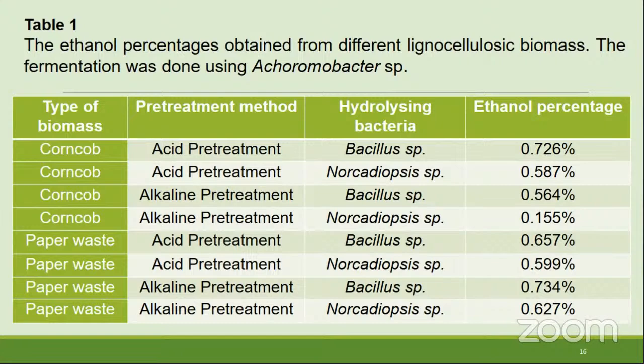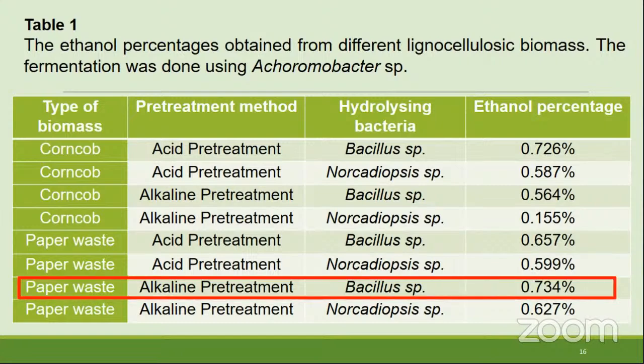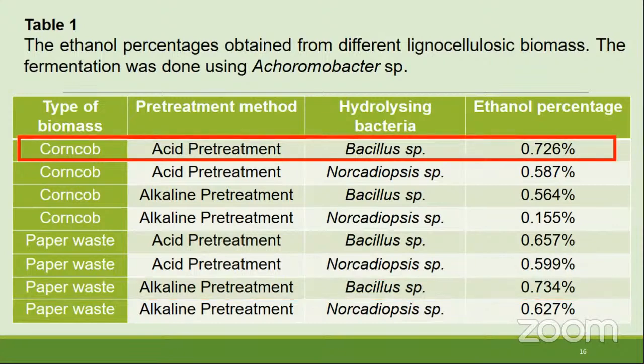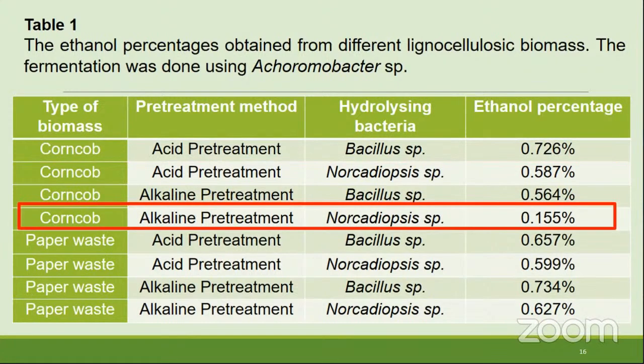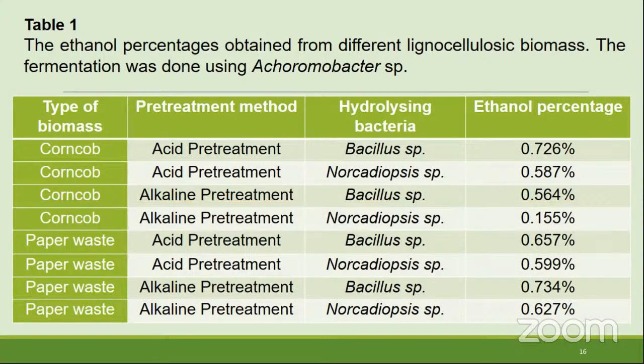The results of the selected ion mode analysis showed the highest ethanol percentage was obtained from alkaline pre-treated paper waste hydrolyzed by Bacillus species, and acid pre-treated corn cob hydrolyzed by Bacillus species had given the second highest ethanol percentage. The lowest ethanol percentage was obtained from alkaline pre-treated corn cobs hydrolyzed by Nocardiopsis species. Thus, these results show that paper waste acts as a high potential feedstock in the use of second generation